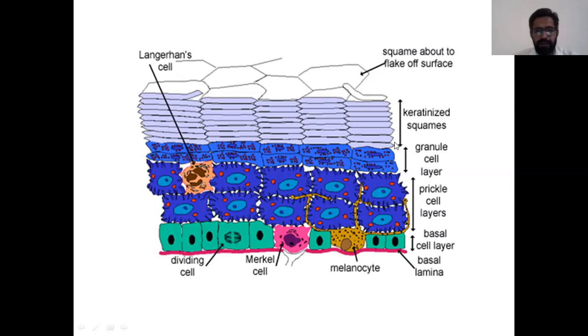Above that, you will find the cells which are dead, only packets of keratin proteins, and these cells are going to form the two layers in the basically five-layered arrangement. These dead cells, packets of keratin, form stratum corneum and stratum lucidum, which we are going to discuss a bit later. If we talk about